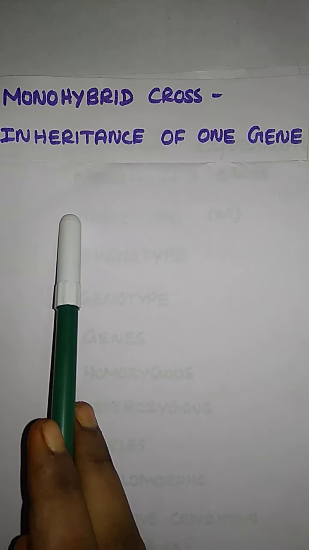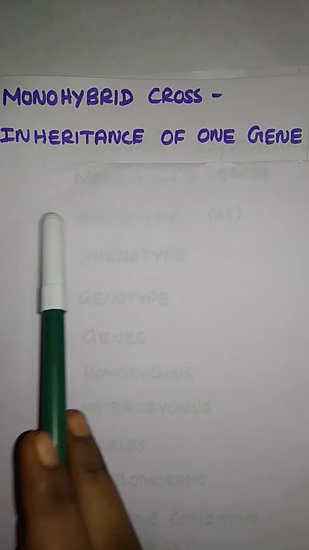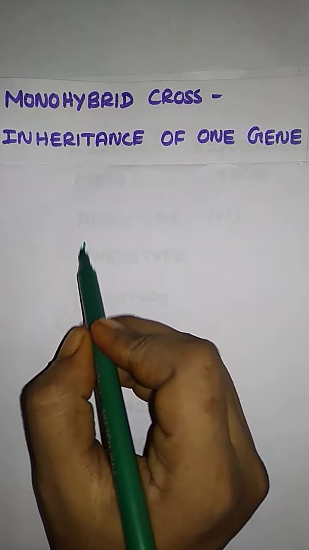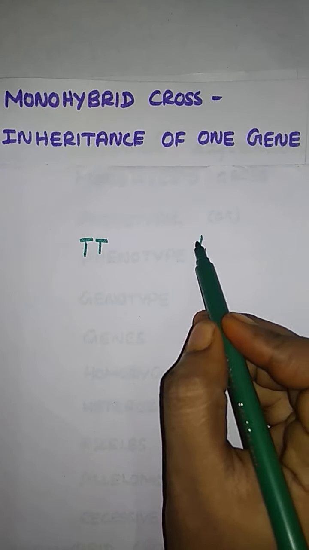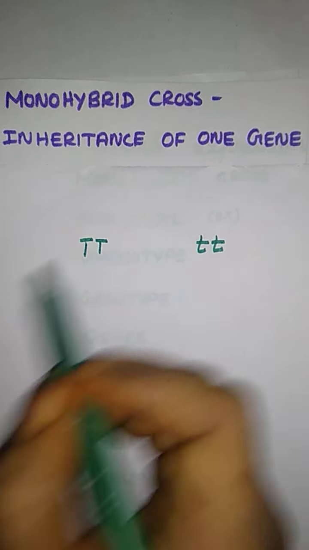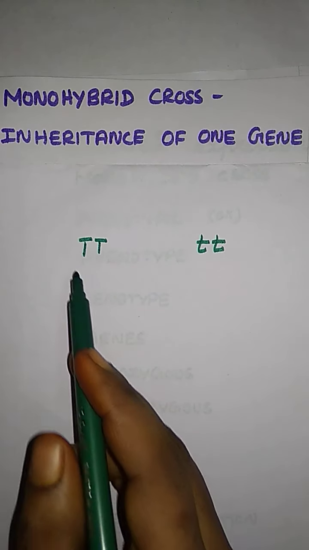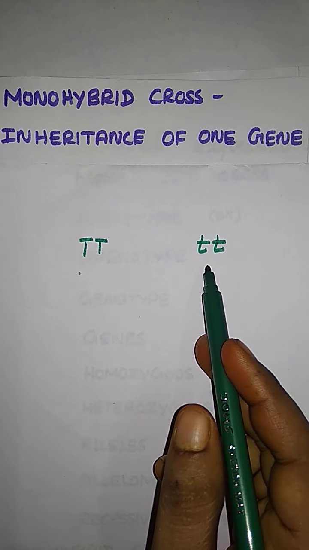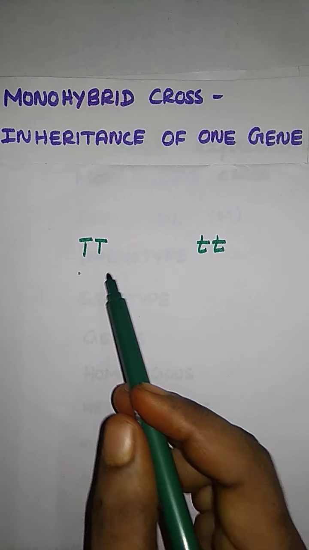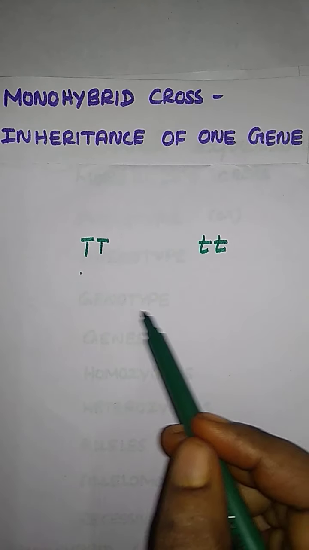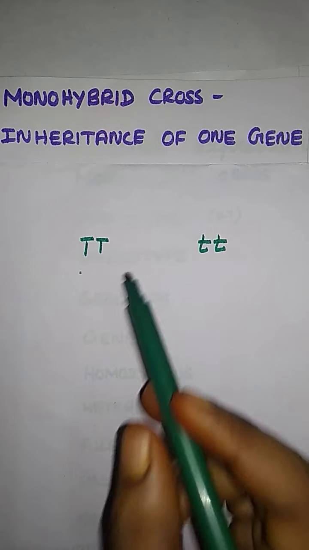For example, they take a pea plant, one tall plant and one dwarf plant. Just an example. A tall plant and a dwarf plant, both of them pea plants. Okay? Shall we not say plant? There is a tall plant, and at the same time a dwarf plant. So there is a single gene. Here they are going to do a cross between them.